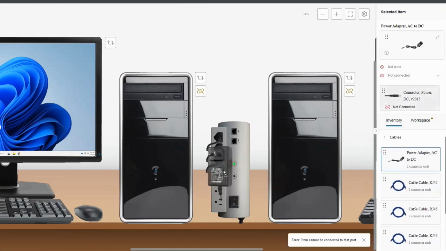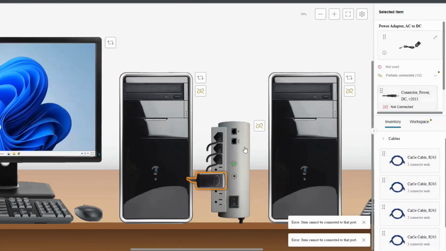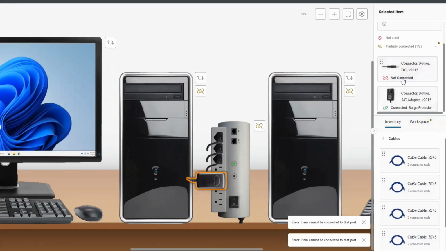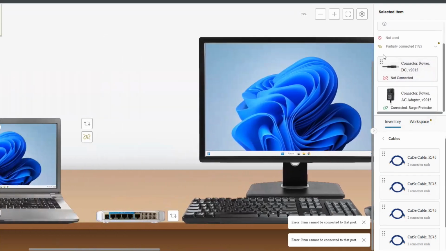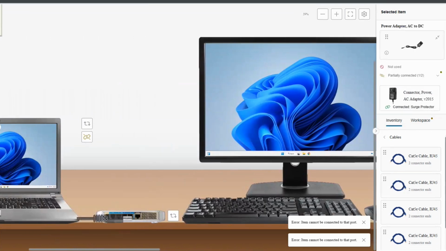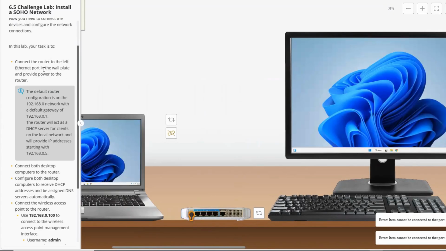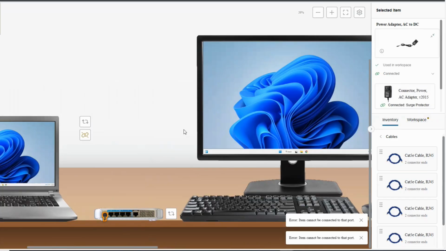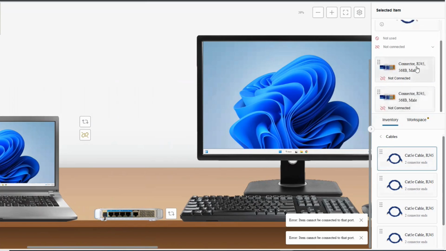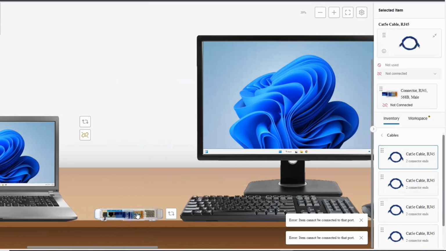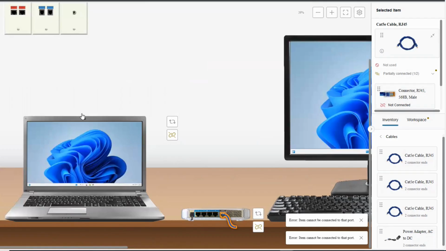I don't know, maybe it's just a matter of space, but it will work. That should be the one. So we got that over there, and then we have to connect the other side to the router itself. We have to grab that side, then we connect that up there. It says after we connect the power, we also have to connect the cables. So in order to connect the cables, we have to grab one side to the router and the other side to the wall, because it